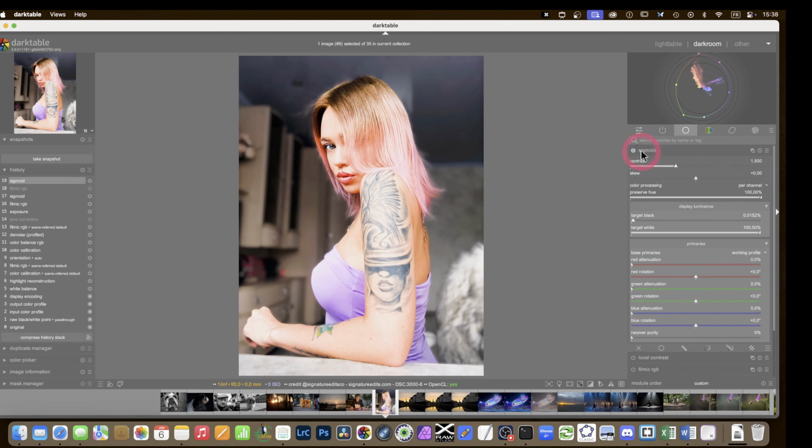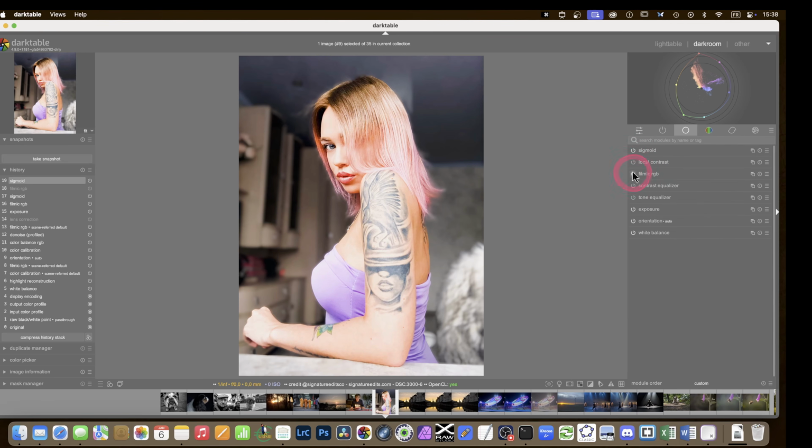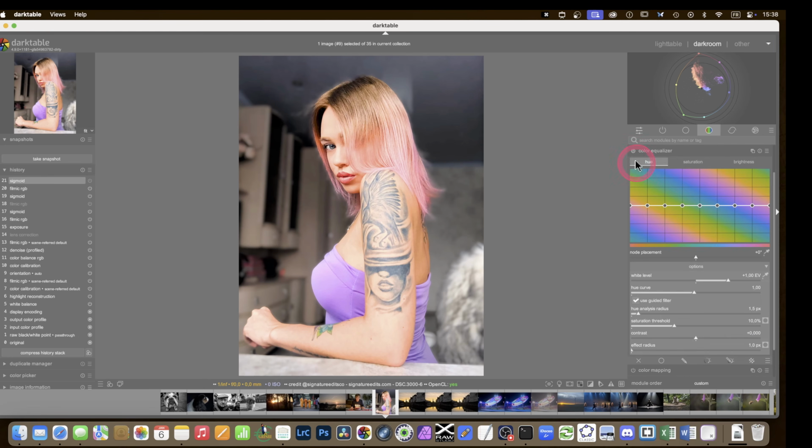If I want to keep Filmic, or if I don't want to touch that, and I don't want to affect too many other colors in the image, let's go to Filmic, where I don't have the choice anyway. I can go to the color equalizer here. Let's switch that on. In the Hue tab, select some skin color. Let's say up here on the forehead. Align the node placement, and I can make just a hue shift, obviously not too much, just a slight